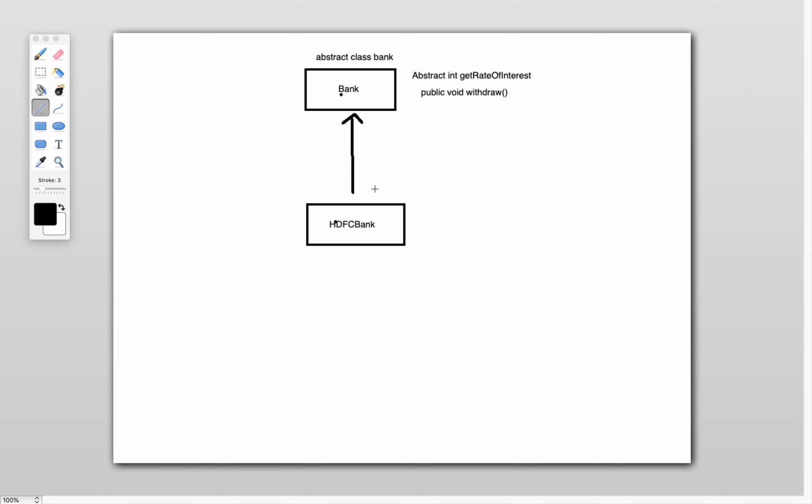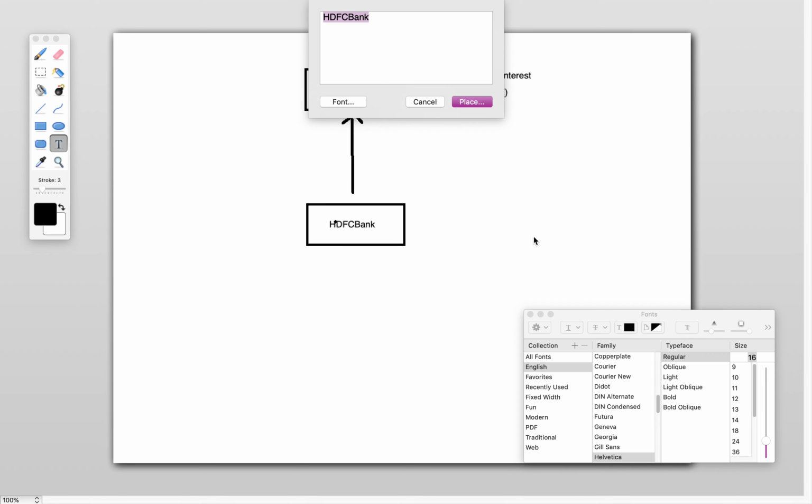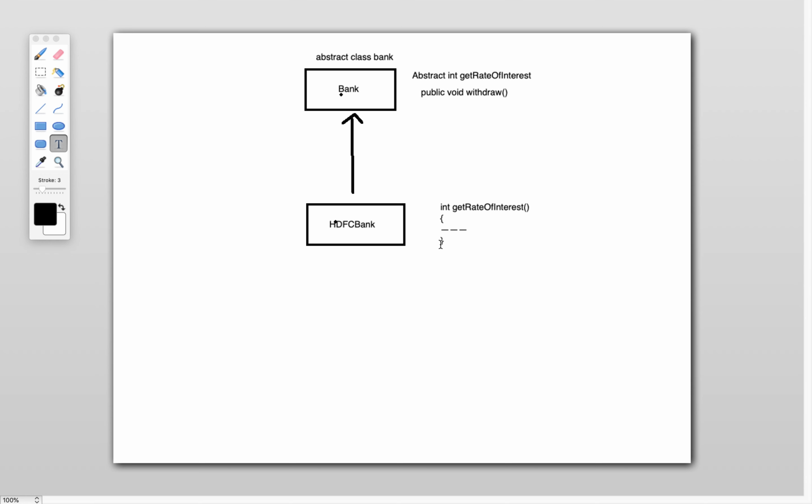So we need to extend HDFC Bank to the Bank class and we need to implement this abstract method.